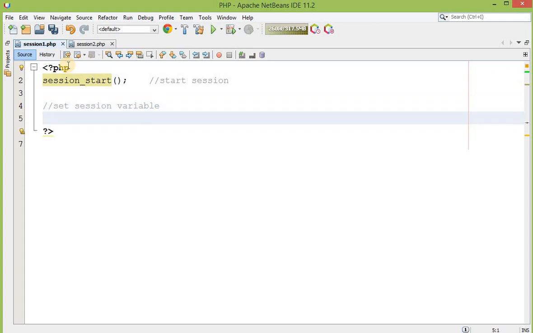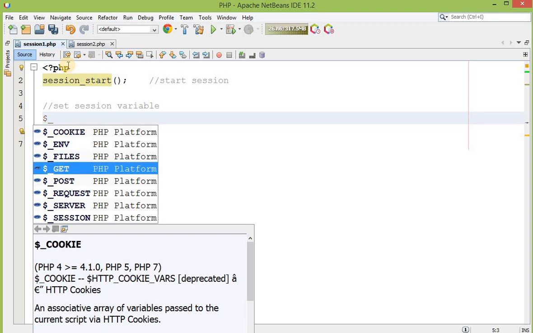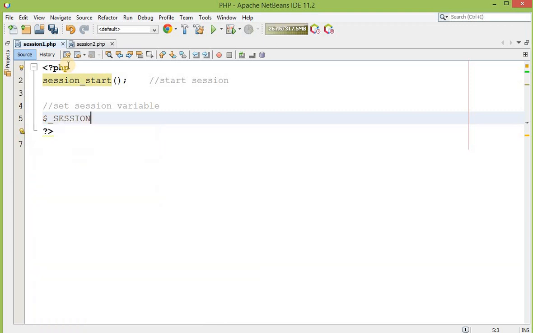For that purpose I have to use $_SESSION. Inside the brackets, in double quotes, you have to mention the variable name of your session, for example subject1, and let me assign the value PHP.